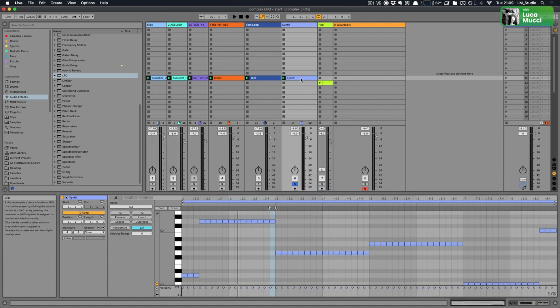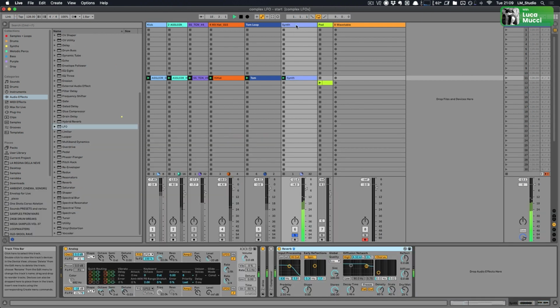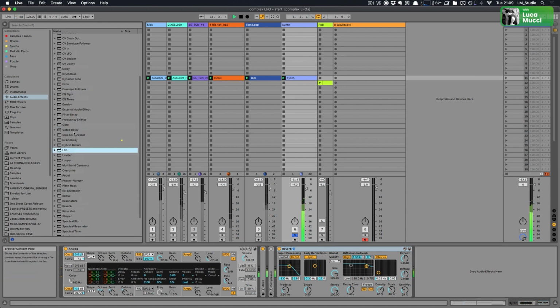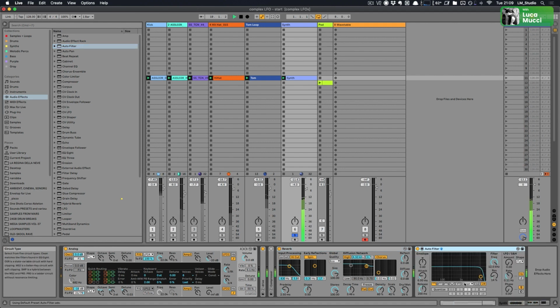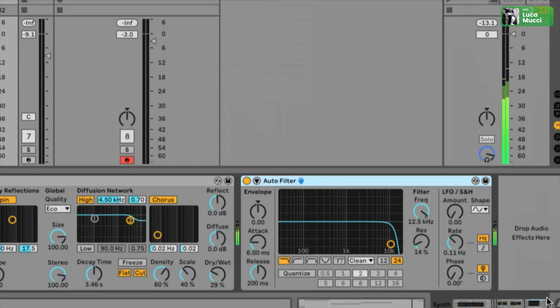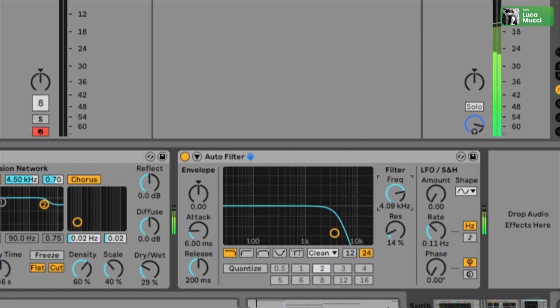Let's do the same thing, but with Ableton's Autofilter. We have this synth sound, which again is quite static. So we drag the Autofilter on this channel, and we see that this effect has a built-in LFO here on the right. So we close the low-pass filter cutoff, we select sawtooth down, increase the amount of modulation from the LFO to the cutoff,